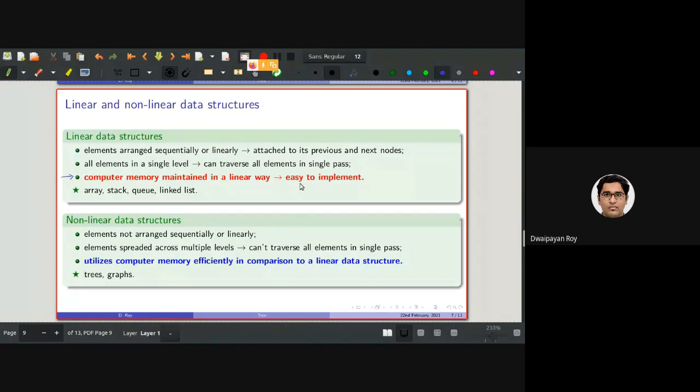That's why I have highlighted this in red. But for non-linear data structures, the computer memory is efficiently utilized, so the memory consumption will be much less than linear data structures.